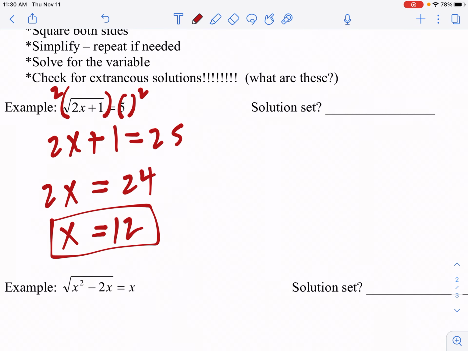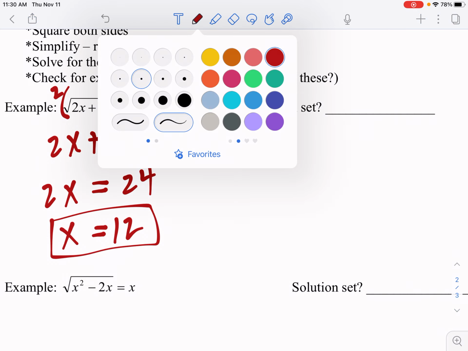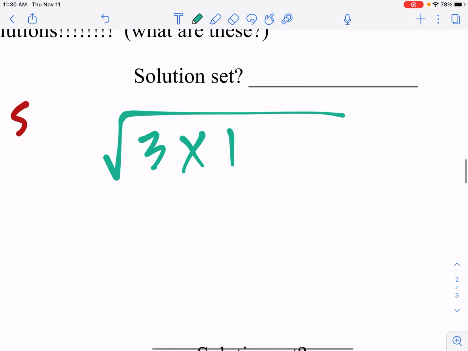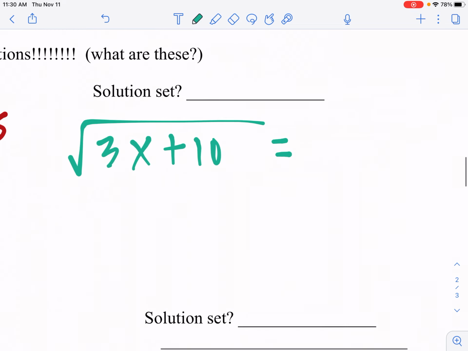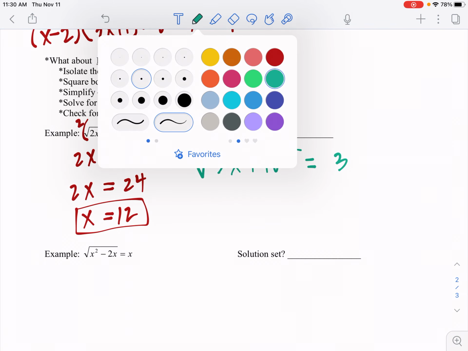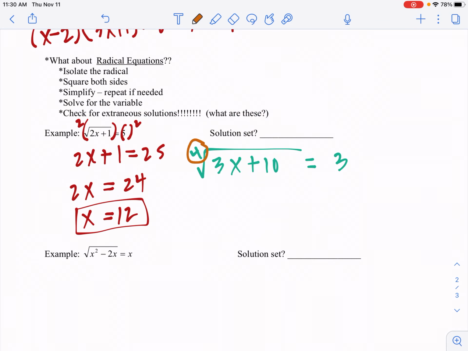So I'm going to make one up in a different color. I don't know how this is going to work out. Okay, let's say it's the fourth root. So that's the difference between square root and any other root. Square root doesn't have a number, like cubed root, fourth root, they'll have a little number out here. But all it tells you is